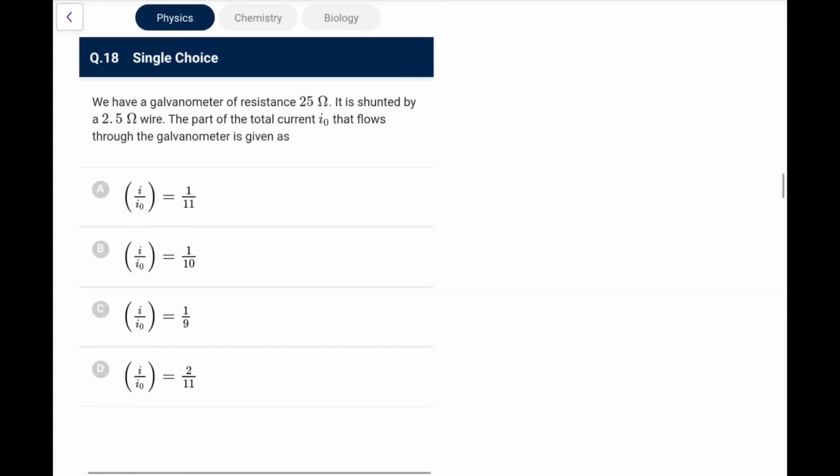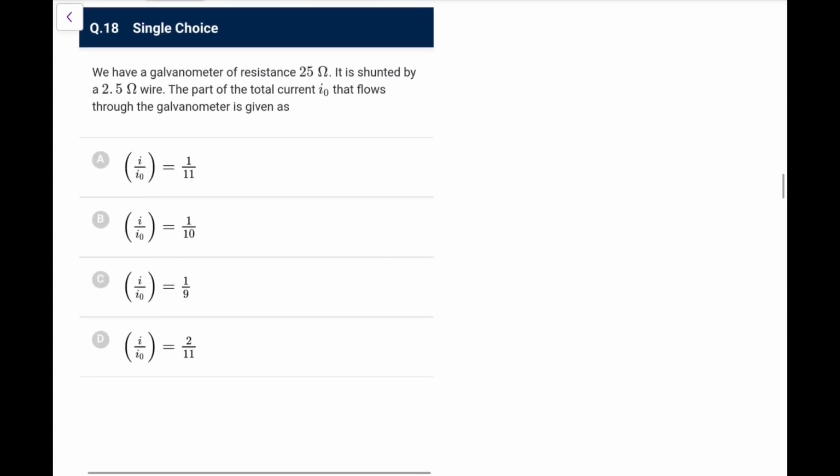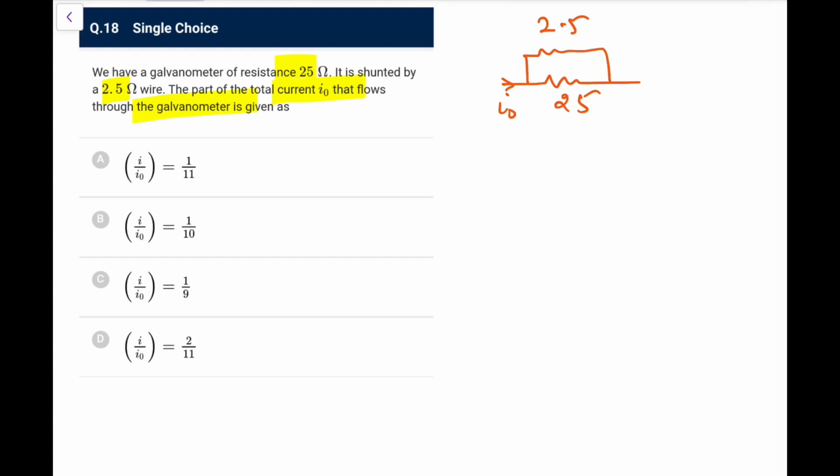Next, we have a galvanometer of resistance 25 ohms. It is shunted by a 2.5 ohm wire. The part of the total current that flows through the galvanometer is, so now this is shunted. Now this is 2.5, this is 25. So the total current is I0. Now how will it divide? Because it is 1/10, I will say this will have the 10 by 11 part, and this will have the 1 by 11 part. So it is I0 by 11, this is 10 I0 by 11. Directly you can make out. So the current through the galvanometer would be 1 by 11 part,